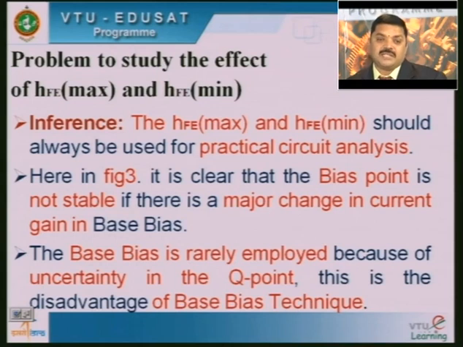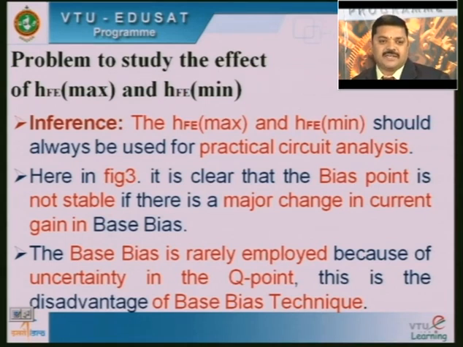So, we saw that IC was fixed, a constant, and VCE was fixed, a constant, for a base bias circuit. We got a constant, stable operating point just by the theory analysis, and when we change HFE values or beta values from minimum to maximum or vice versa, we got the uncertainty in the operating point. So, that is a major disadvantage of the fixed bias circuit.